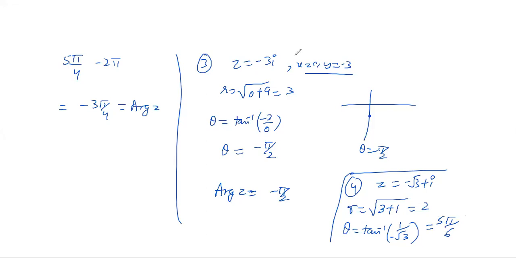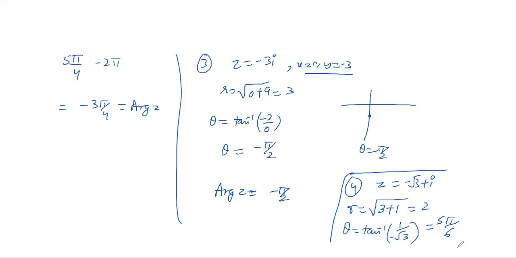5π/6. You have to write this theta in radians in the answer. In degrees we sometimes write it, and that is accepted, but if you go by the theoretical book language, the argument is defined with theta in radians, so it's always expressed in radians. So I suggest all of you write your answer in radians, not in degrees. So theta is 5π/6.